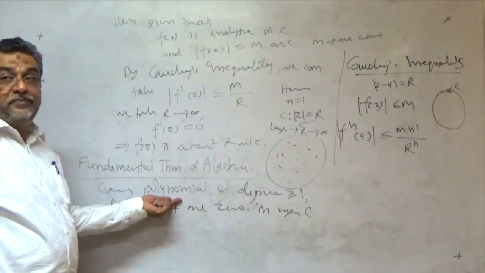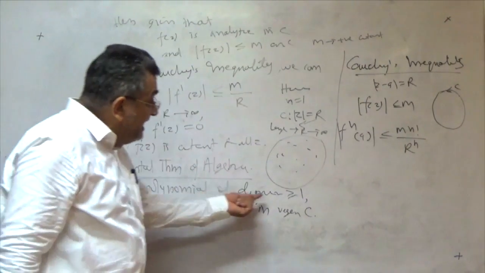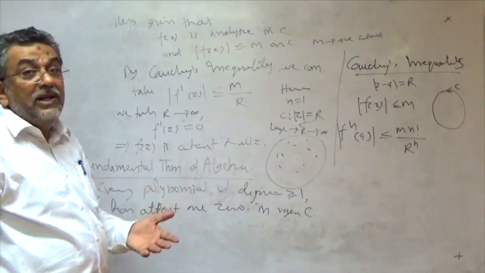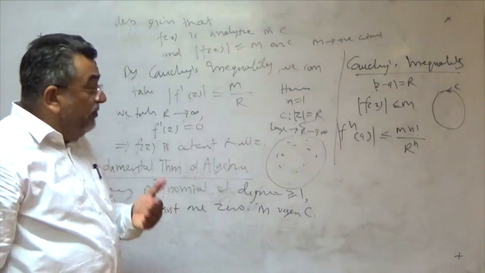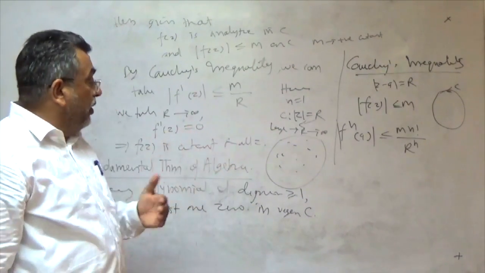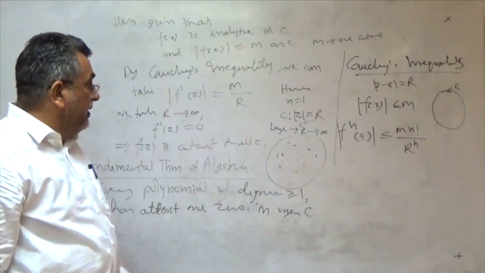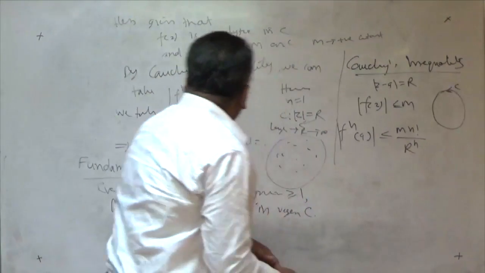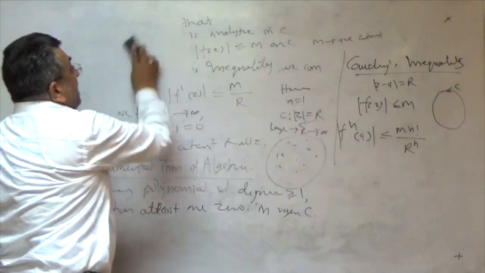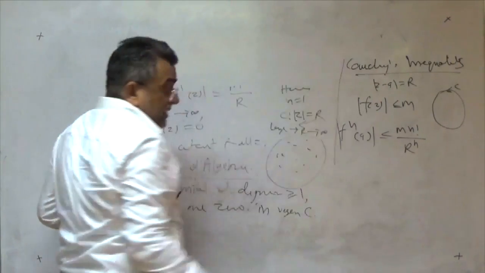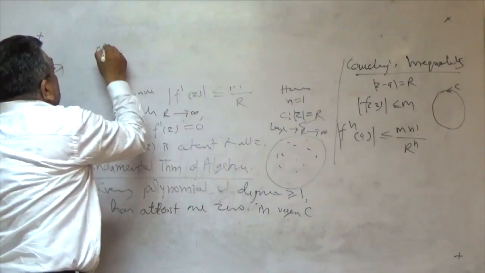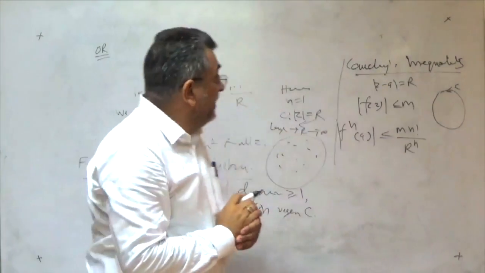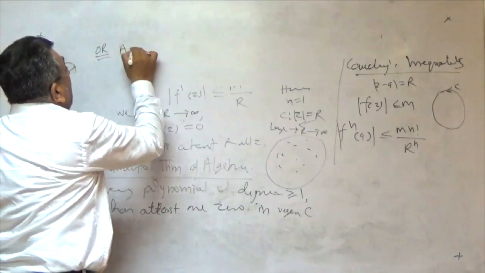Every polynomial of degree greater than or equal to 1 means you are taking polynomials whose degree is 1, 2, 3 and so on, meaning linear polynomial, quadratic polynomial, cubic polynomial and so on, has at least 1 zero in region C. In other words, if we take a polynomial